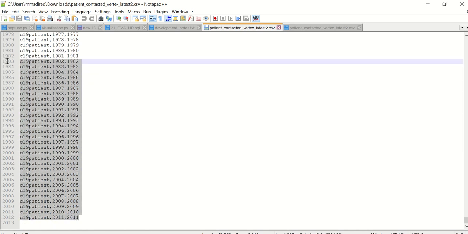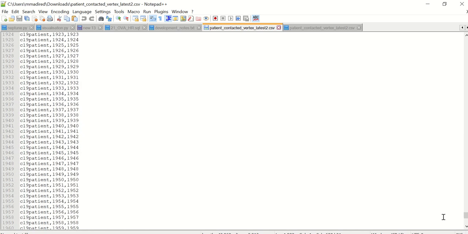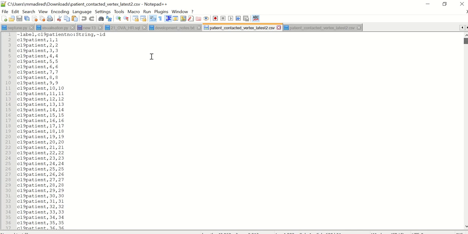But in actual they are only 1960. So this is the vertices file, and this is the label, right? And this is the patient number, the second value, and the third value is the ID of the vertex. So these are the only nodes.